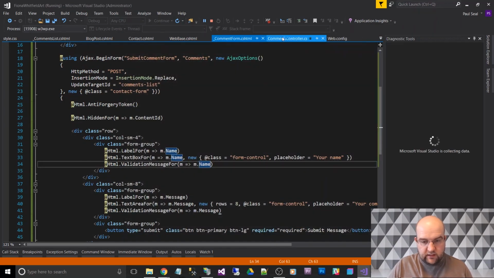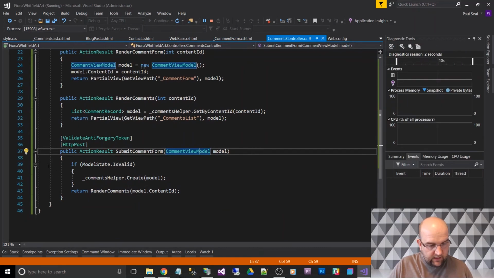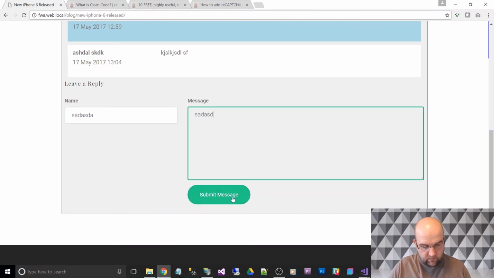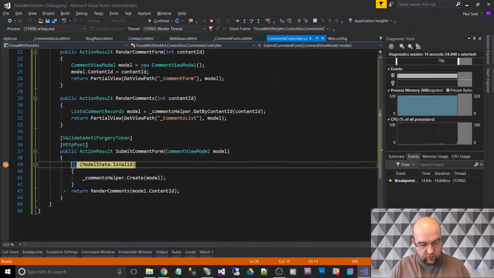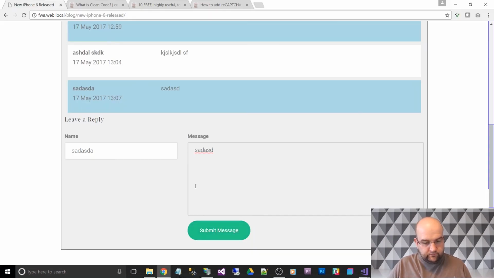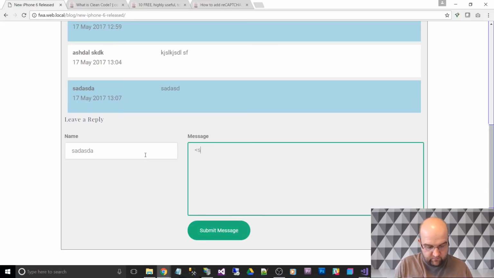So if I go to the comments controller, it's going to say the model state isn't valid, and we'll just see what the message is. So if I do submit, normally, that will say it's valid and goes through. But if I do submit with this,